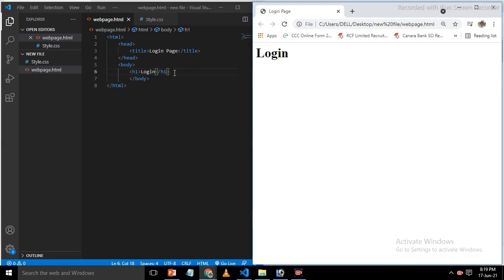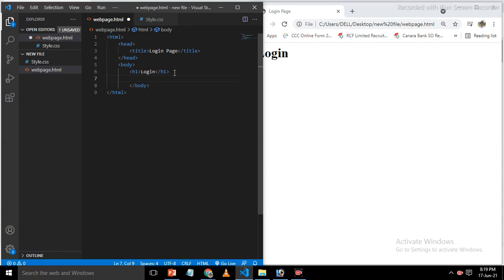Now we put a div tag. In the div tag we give an input, the type of whatever we put in this box.